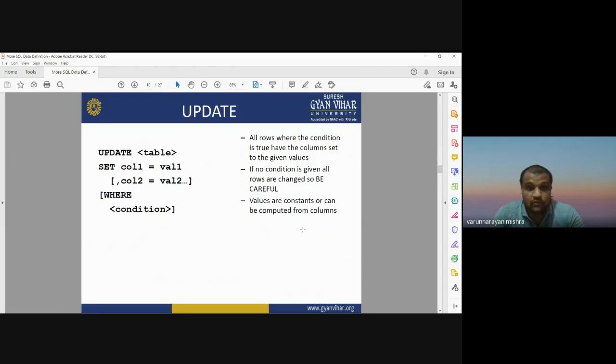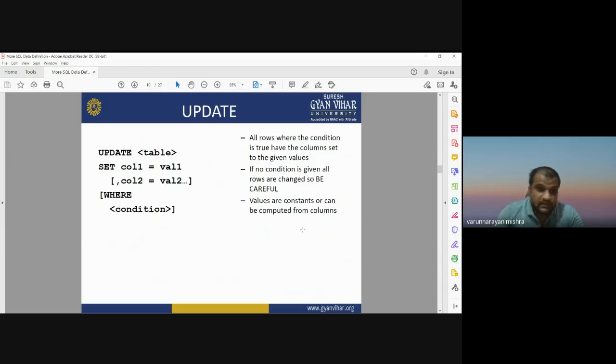So set column 1 is equal to value 1, means in column 1 I am going to update new value 1. If you want to do the same updation for column 2, then you will write column 2 is equal to value 2. Where means condition, you have to define the condition where you want to insert.